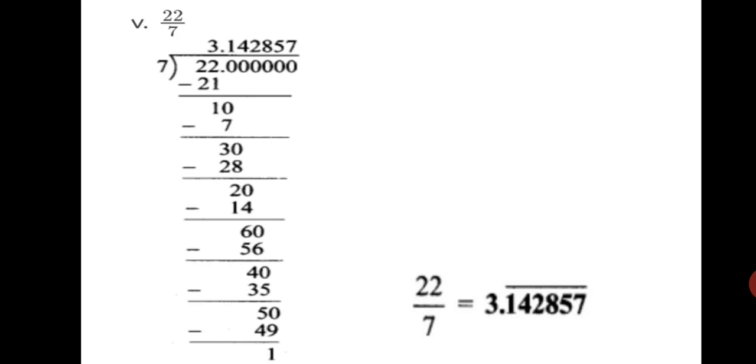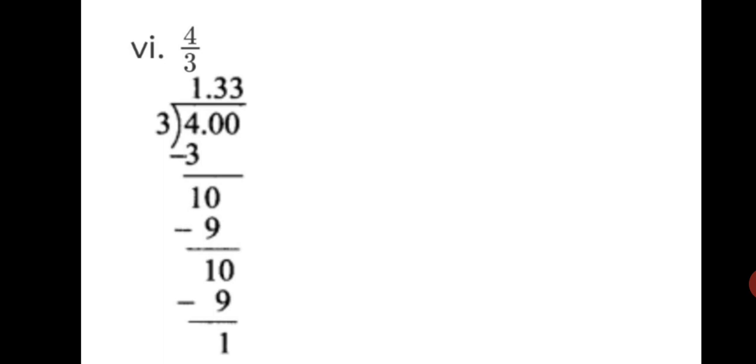Okay, let's solve question number 6 now. 4 upon 3. 4 divided by 3, 3 ones are 3, simple, got remainder 1. Now 1 cannot be left, so we need to take a point after 4 and write zeros. So the point in the quotient after 1 also we will put at the same time. Now go further. 3 3s are 9, remainder 1. 0 comes down, 3 3s are 9, remainder 1. Every time we are getting remainder 1, and every time we are getting the quotient as 3 now.